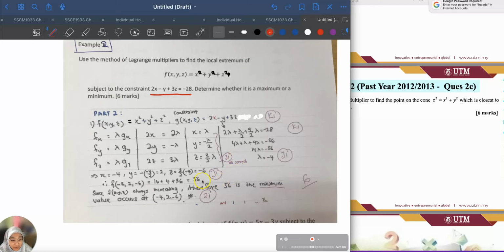However, since we have only a point and one value, how can you determine it is max or min? In this case, you have to think of the behavior of the function. The behavior of the function tells you that this function is always increasing, right? Increasing. So now the value that you obtain, 56, is the local extremum, meaning that